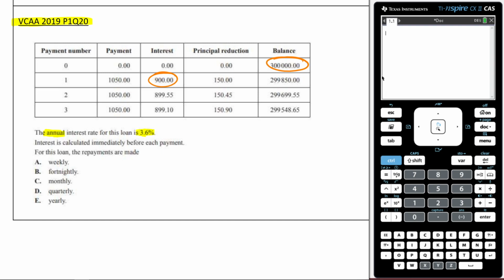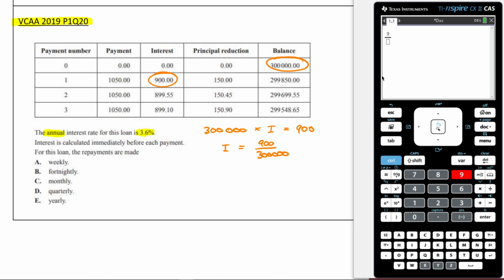So remember, the way I kind of think about this is I've got 300,000 and I'm timesing it by the interest rate, and I know that I'm getting 900 out. So therefore, I can rearrange this and say my interest rate is going to be equal to 900 divided by 300,000. Okay, then I can figure that out. So control, divide 900 over 300,000. So I'm going to end up with